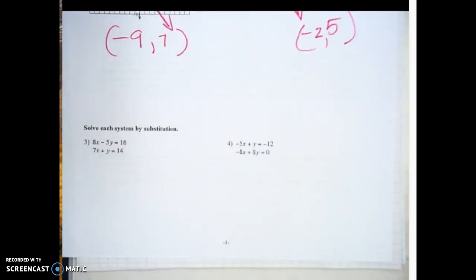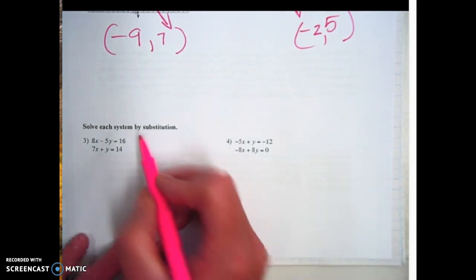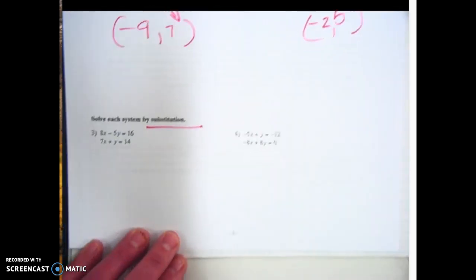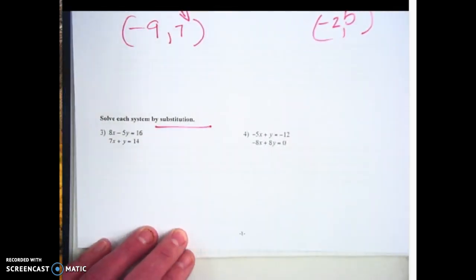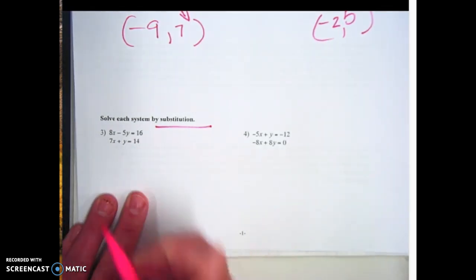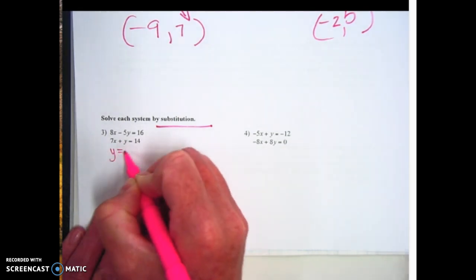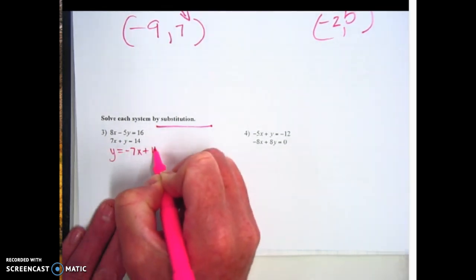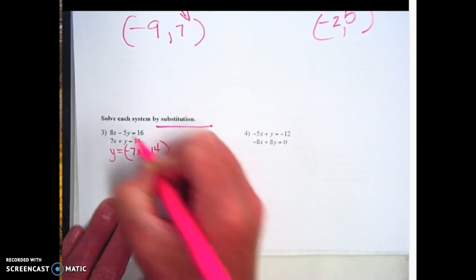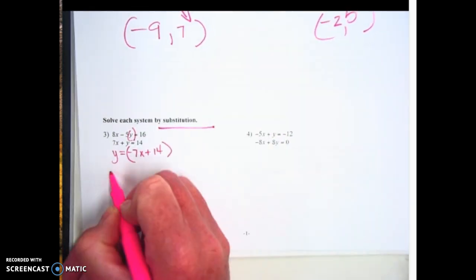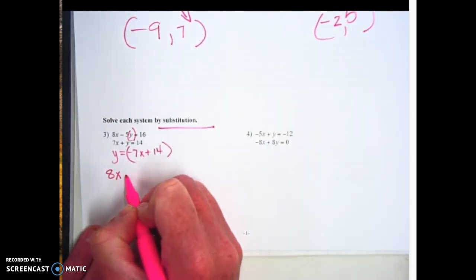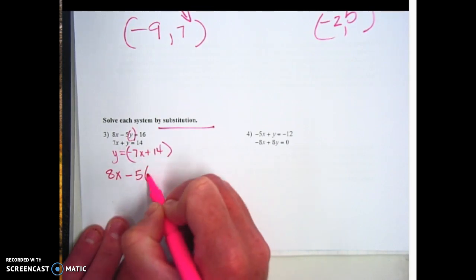Numbers 3 and 4 need to be solved by substitution. So you need to solve one of the equations for one of its variables. The easiest is the second equation, and just subtract 7x from both sides. So you get y equals -7x plus 14. You're going to take all of that and plug it into the first equation where the y is at. So you're going to have 8x minus 5 times all that stuff